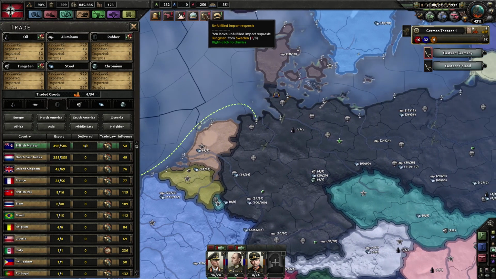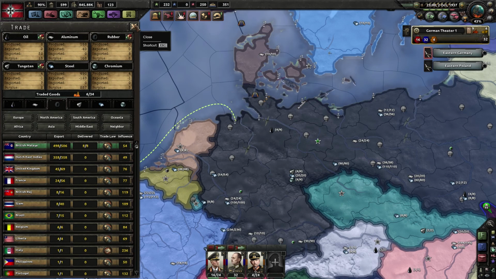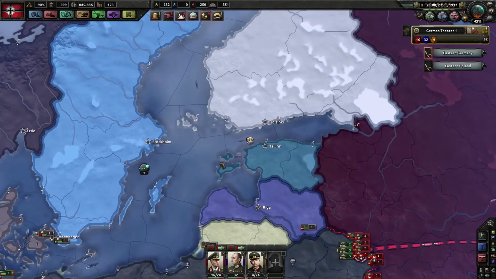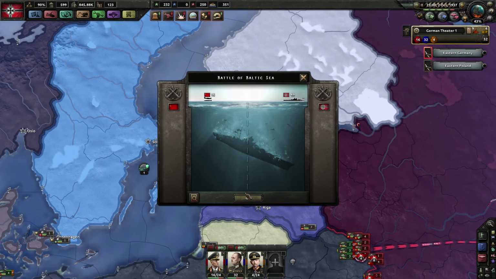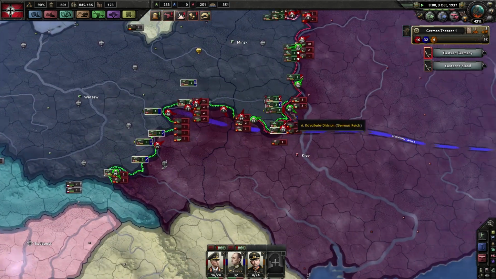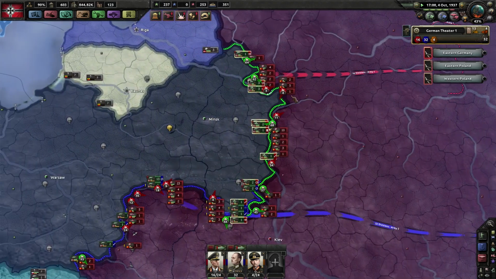8 out of 7 tungsten from Sweden. Why? Where did we lose? Nope, that's the wrong button. Where did we lose? There we lost. A shippy. Well, my fleet is still doing good. And let's keep going. We are trying to beat the record here, so...